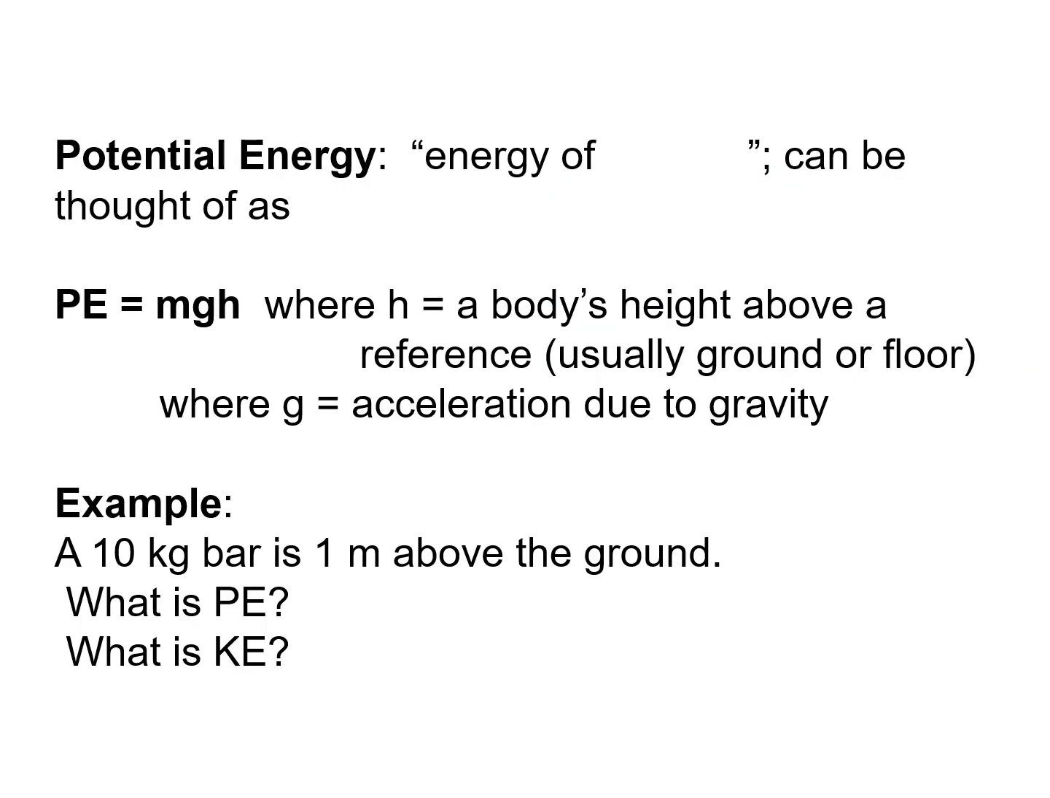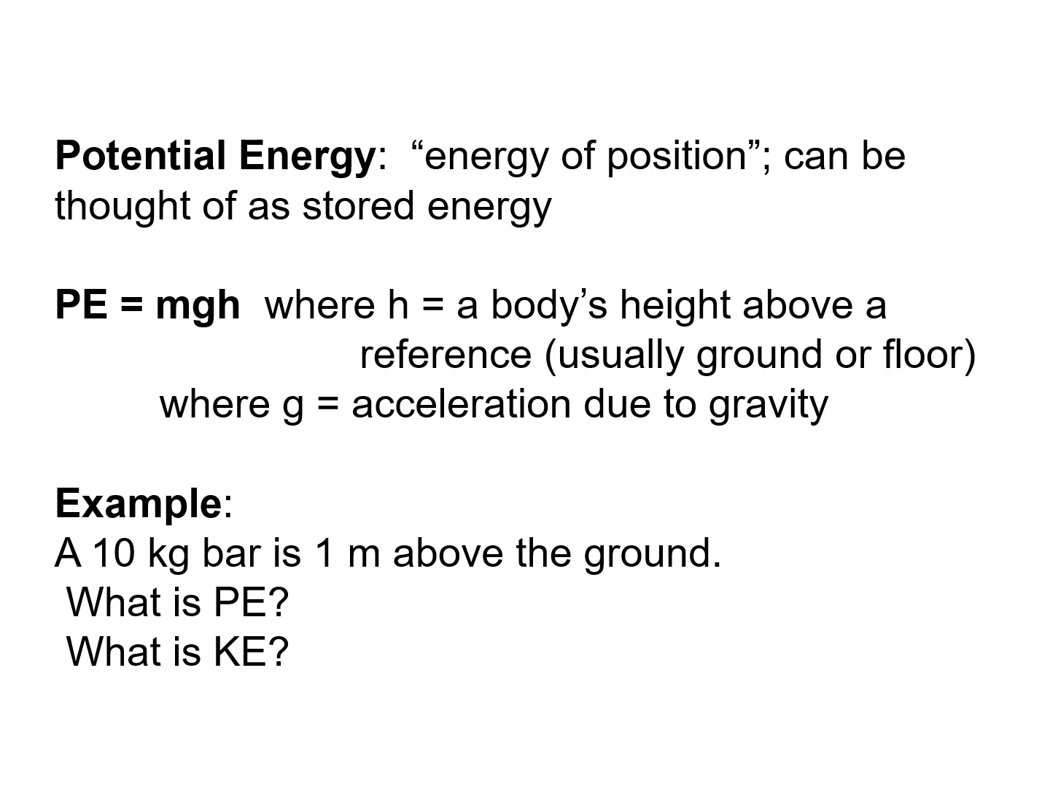Now let's look at potential energy. Potential energy is the energy of position, and it can be thought of as stored energy. Essentially, the higher something is off the ground, the more potential energy it has. Just like in kinetic energy, the faster or the more mass an object has, the greater kinetic energy it has. Potential energy, the greater it is off the ground, or the more massive it is, the more potential energy it